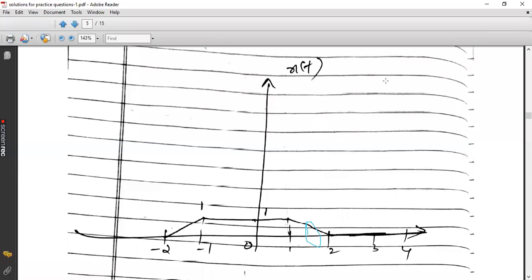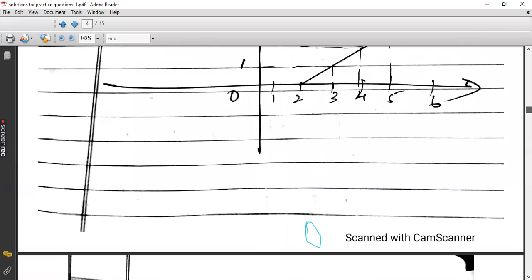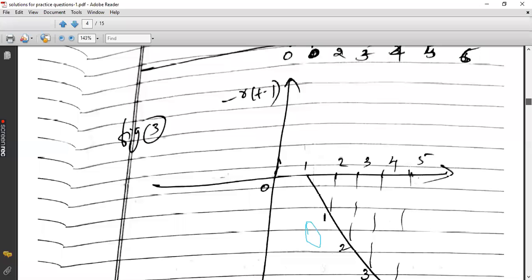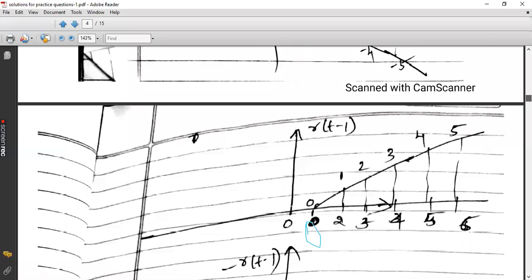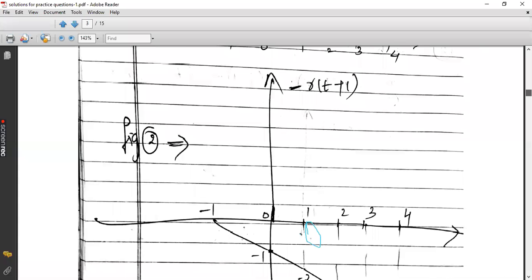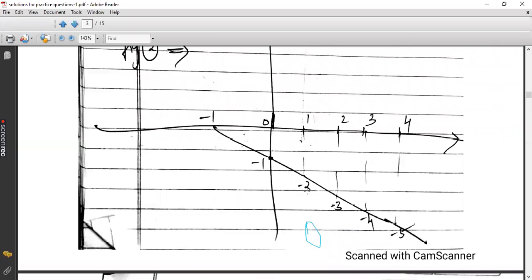Similarly, you go for 0 to 1 also. When you check 0 to 1, here you don't have any signal in the fourth figure. In the third figure also, you don't have any signals at all. In the second figure, the amplitude is negative 2 at t equal to 1. Again, it is a negative going ramp.